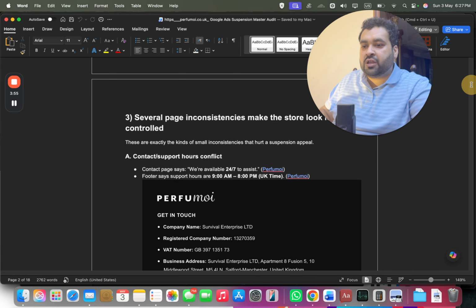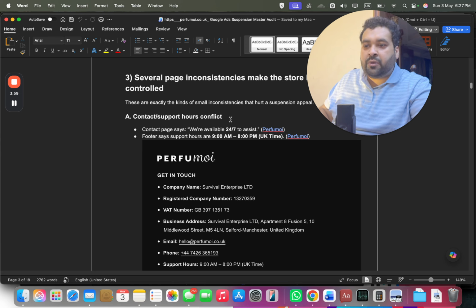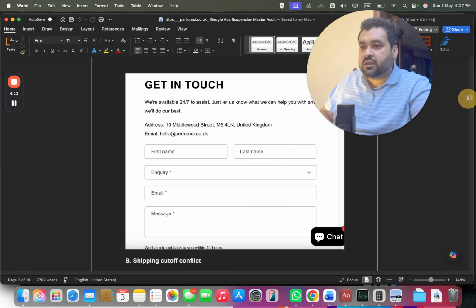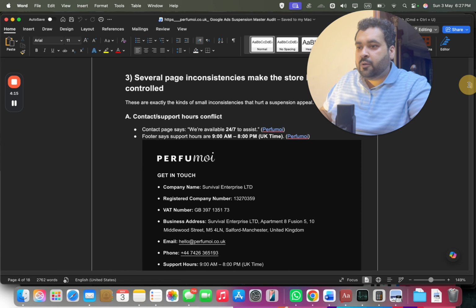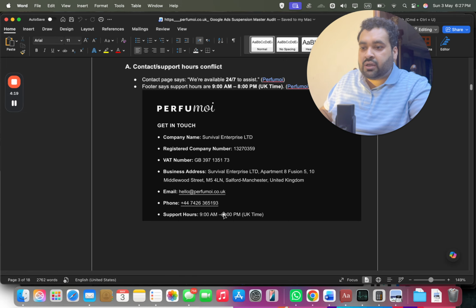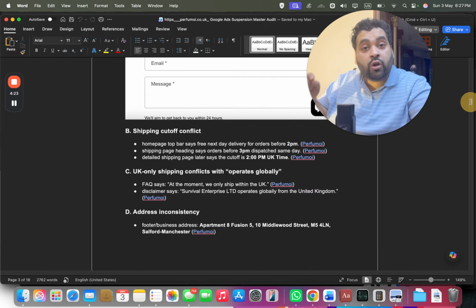On the contact page, you can see there was a conflict. The contact page says that we are available 24/7 to assist, and on the main page background it was written that we are supporting 9 a.m. to 8 p.m. UK time. So you can see a slight contradiction there as well. You can see on the contact us page 24/7 support, and on the main website background it's written 9 a.m. to 8 p.m. So small things like this were also part of it,